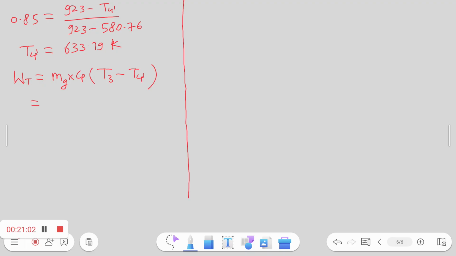So what is the mass of gas? 61 by 60. Cp 1, T3 923, T4 dash 633.79. Okay. So turbine work is equal to, tell me, turbine work is equal to 293.8